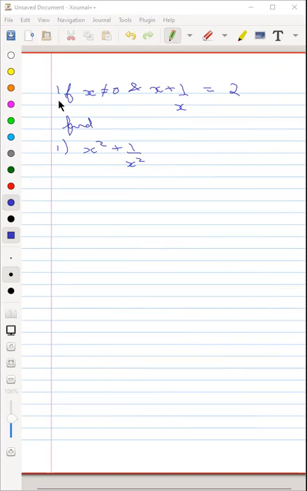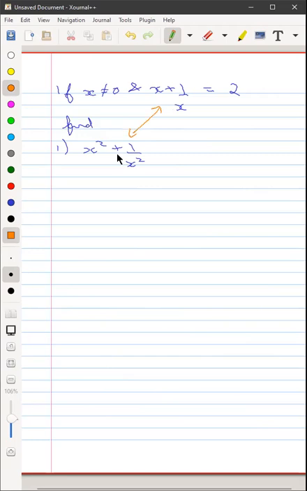We have learned the identity earlier. What you need to do in expansions is find relationships between what we know and what we have to find. Okay, using what we know, try to find out the relationship with what we have to find. So we know x plus 1 upon x is equal to 2. So is there any relationship between x plus 1 upon x and x squared plus 1 upon x squared? That's what we need to discern. 2 minutes for this one.